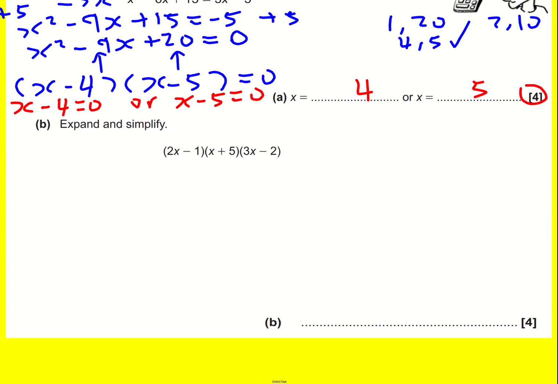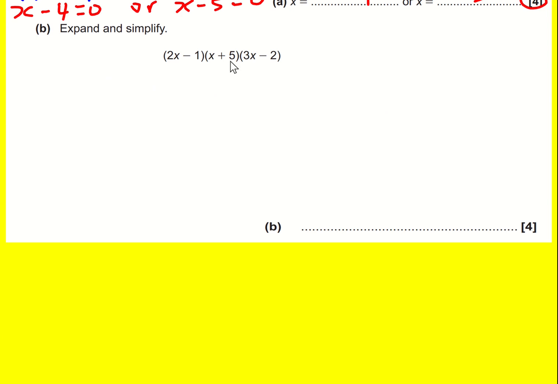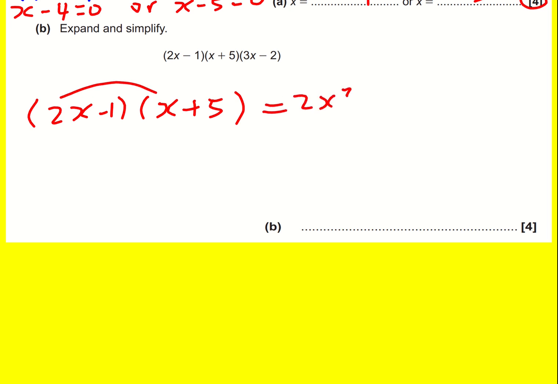Part B, we've got a triple bracket to expand. So it doesn't matter which ones you expand first, actually, you'd always get the same answer. I'm going to deal with the first two brackets to start with. Okay, use the crab claw, 2x squared plus 10x